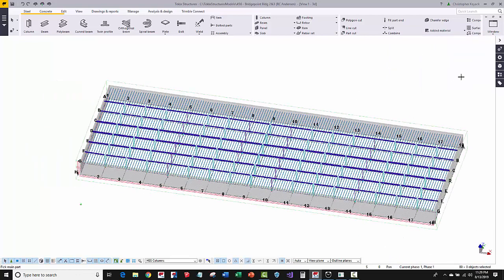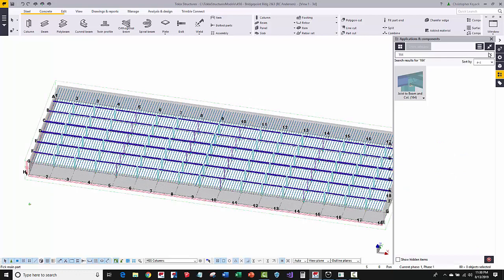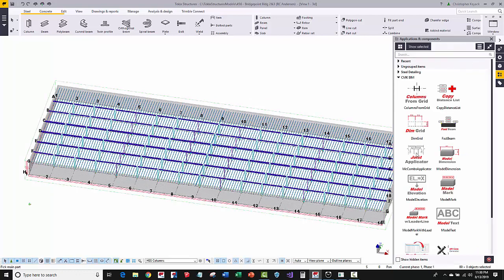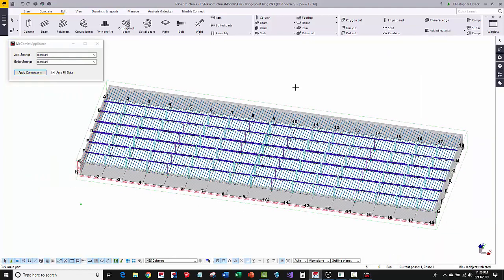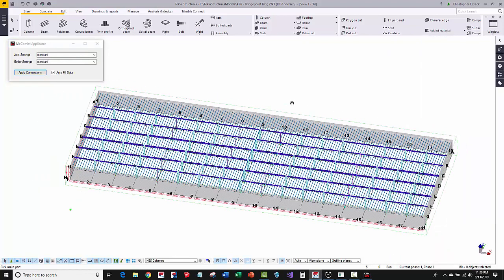of applying the connections. Now if we go back in here, we've created a tool that is called the Joist Applicator, the McCombs Joist Applicator, and it's just something I've put together. So this is a power tool. I've used some of the logic that I've created here to do auto connection and identify framing conditions to the columns. I've selected my columns here, and then basically all I'm going to do is say apply